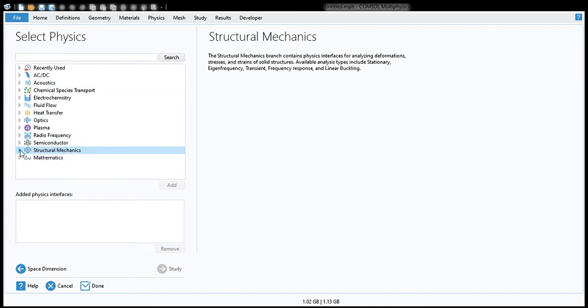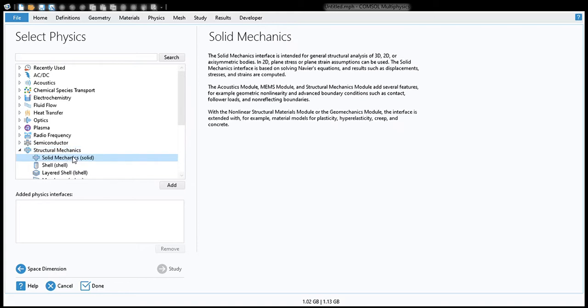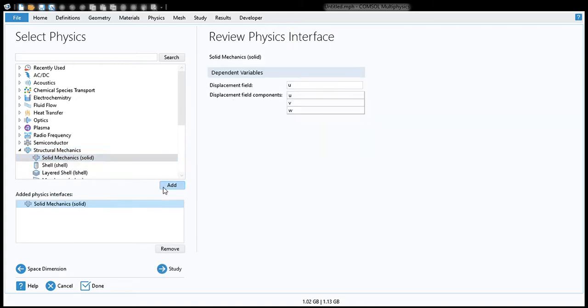In structural mechanics we can use the solid mechanics study, and after selecting this we'll click add. For a static structural analysis, we'll be using a solid mechanics study.